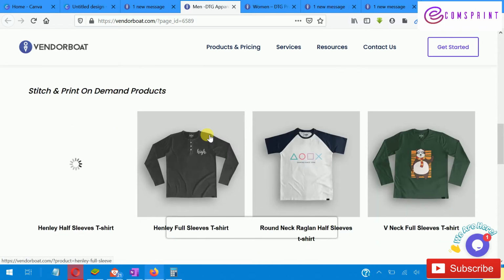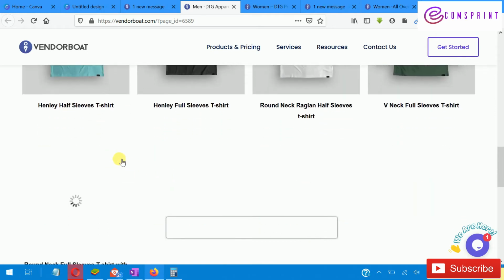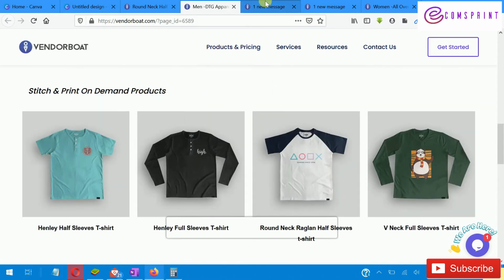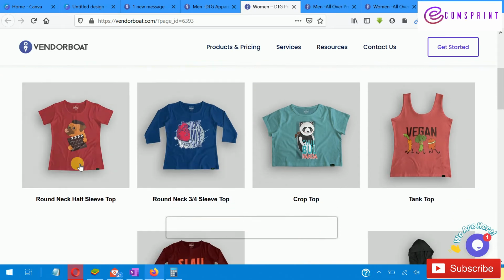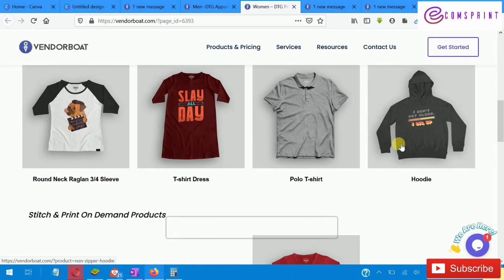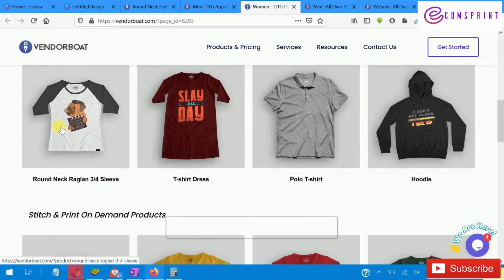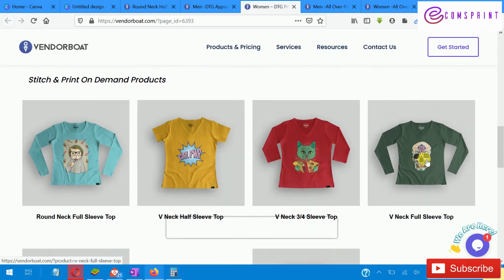As you can see over here, they have V-neck, round neck, and t-shirts for stitch and print. Then let's take a look at the DTZ printing for women. We have round neck, full neck, crop top, tank top, then hoodie, polo t-shirt, long t-shirt, and again they have stitch and print service for the same product categories.